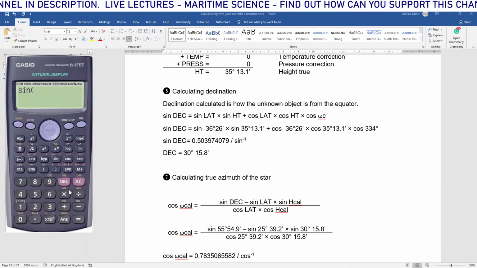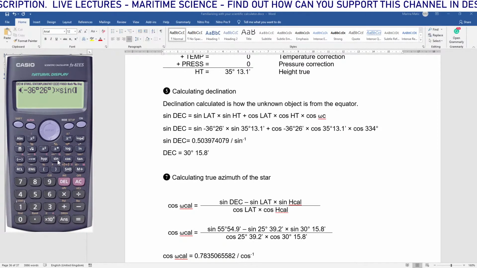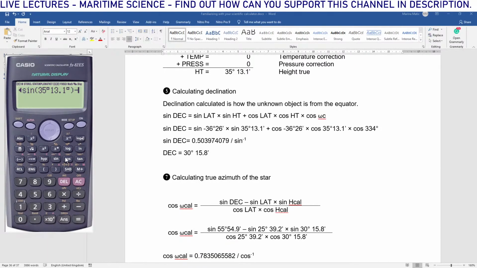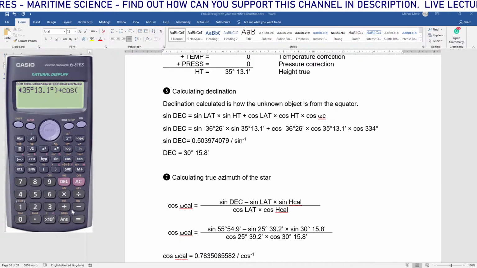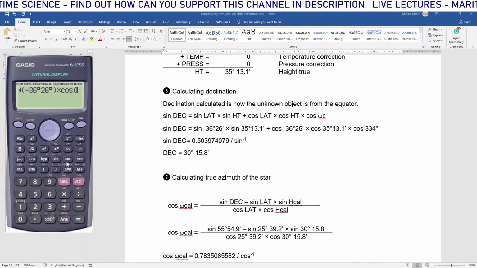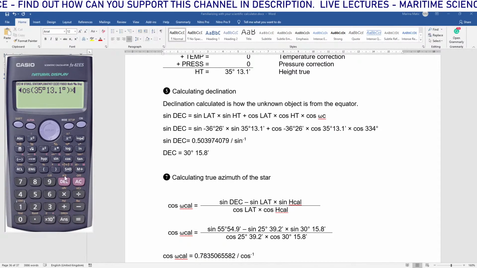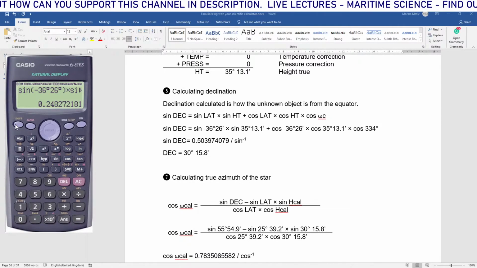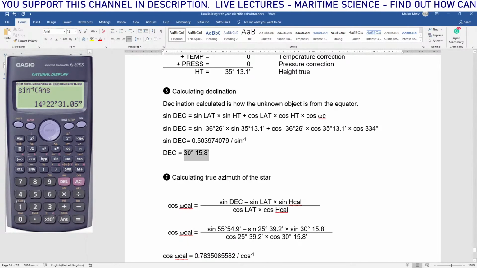So we start with sine. So sine of a negative value, 36 degrees, 26 minutes, close the bracket, times sine of height, 35 degrees, 13.1 minute, close the bracket, minus cosine, or sorry, it's plus cosine of the same numbers, so negative 36 degrees 26 minutes, close the bracket, times cosine of 35 degrees 13.1 minute, times cosine of azimuth 334 degrees, close the bracket, press equal, and if everything is correct, shift sine to revert it, and we get, let's open it up, we get 14 degrees